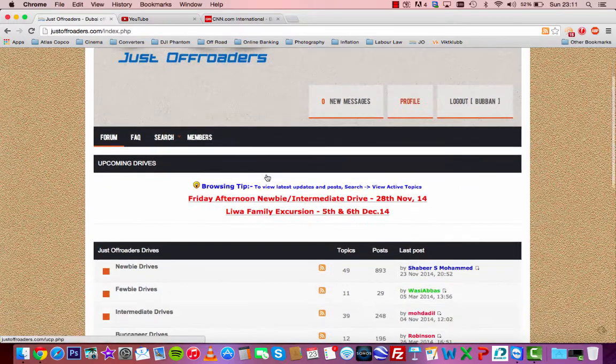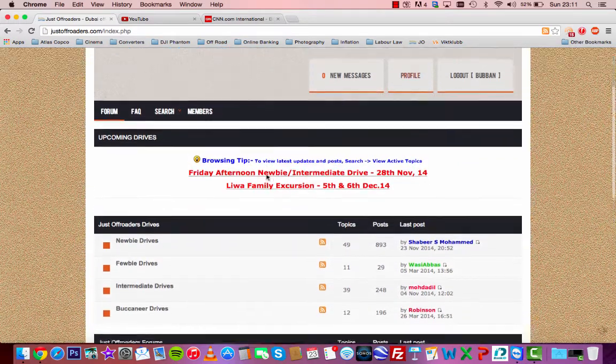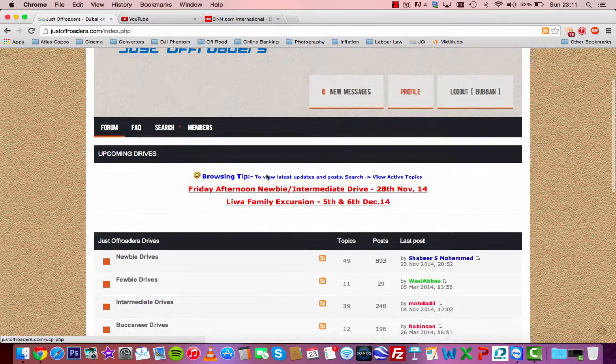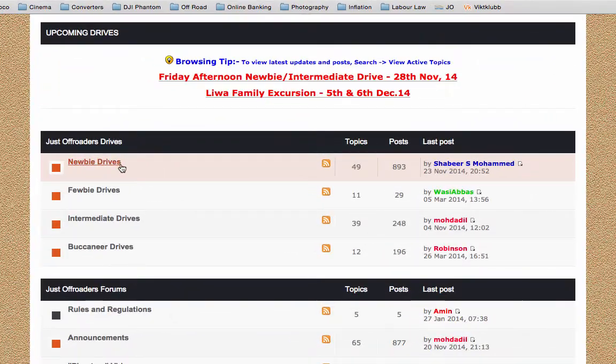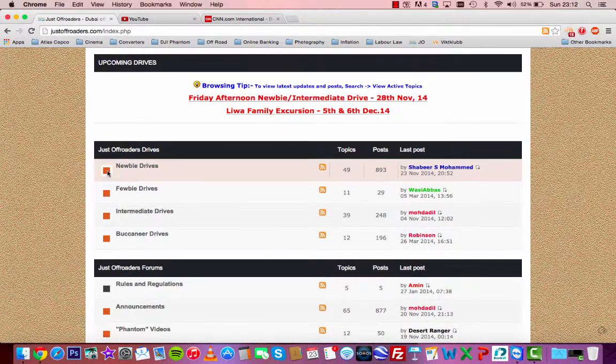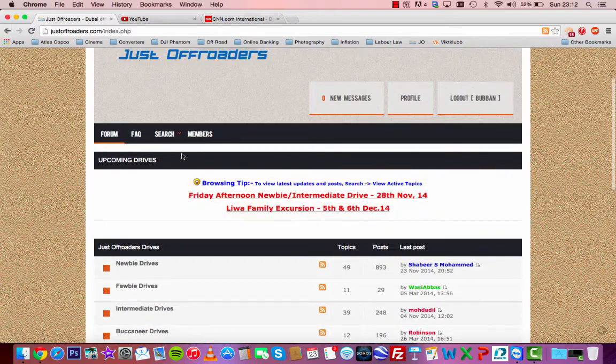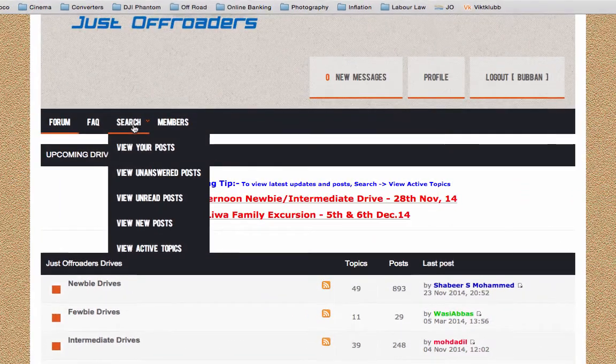So, as you can see, I'm at the start page here. And the first tip I would give to you is you will notice here that on some of the titles, there's a square. When it's orange, it means that you have unread posts within that particular title there. Okay. But if we go into the search function, if you just put your cursor on top there, but without pressing,